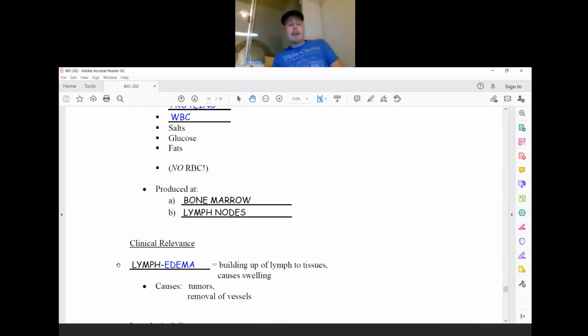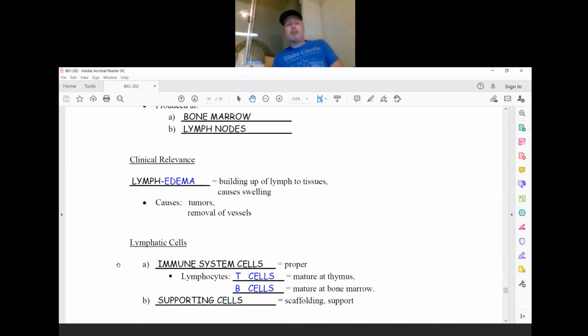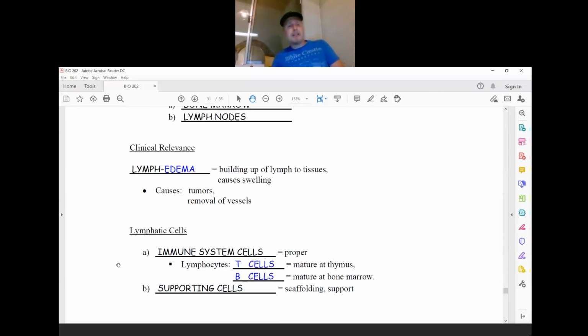And the clinical relevance that I wanted to mention was lymphedema. So again, building up a liquid, in this case lymph, that caused swelling. You remember it was usually one-sided, not on both sides of the body. It wasn't symmetrical. It can be due to tumors or removal of tumors or removal of lymphatic vessels. But usually the body is pretty good at adapting to this if we end up having other areas or other lymphatic vessels